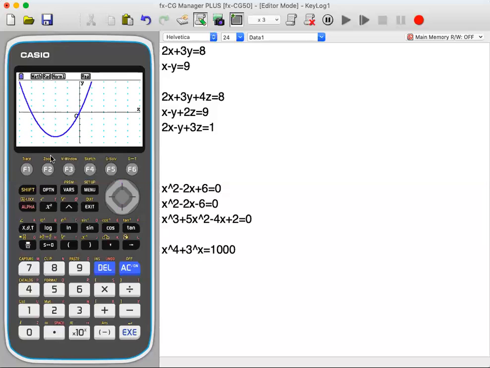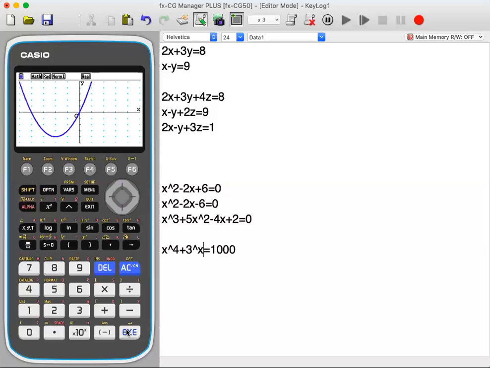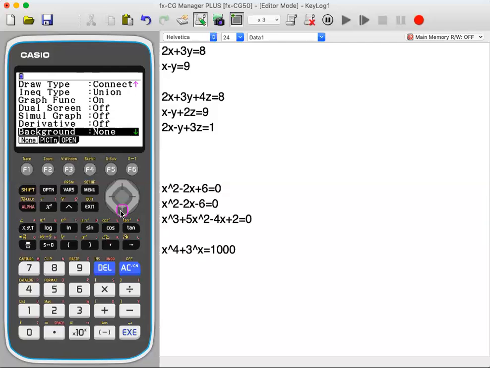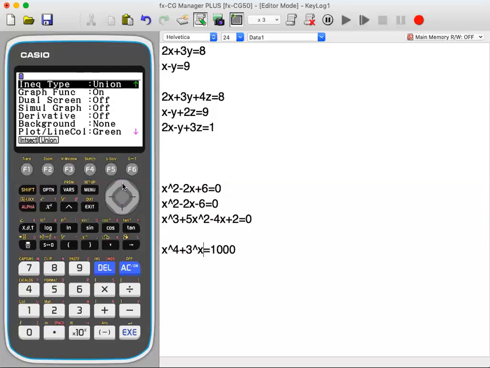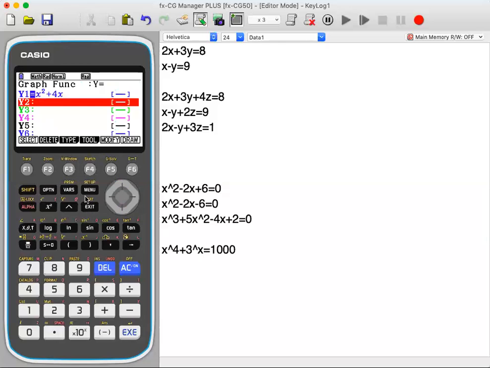Now, if you wish to change the graph setting further, you can change the view window. Once again, as I'm repeating, view window out here, then you can press shift setting. You can go down and press the graph settings, whichever you want. Then once you're done with this, you come out here on the graph.